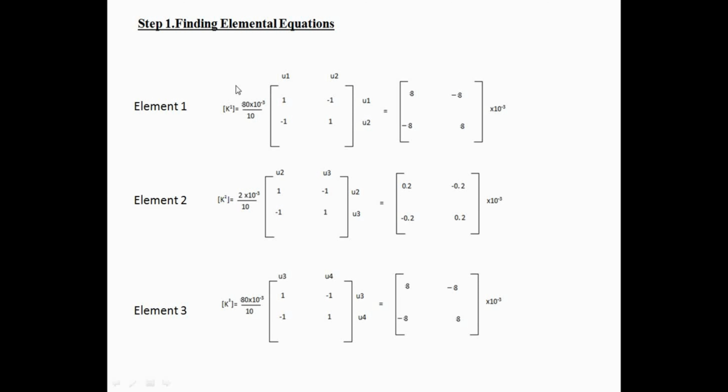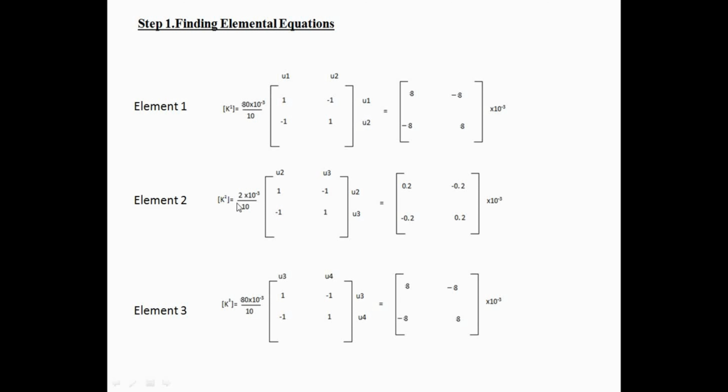Now this first element belongs to the ij nodes 1 2. So the column numbers we have represented as 1 2 and the row numbers 1 2. We will do the calculation and multiply by 8 inside this matrix. So it will give [8, -8; -8, 8], and 10 to the minus 3 will be common outside the matrix.